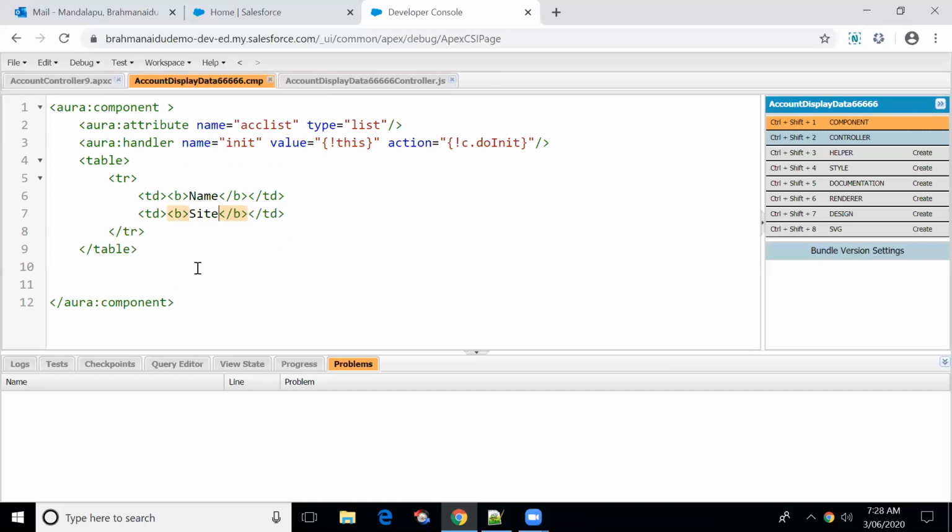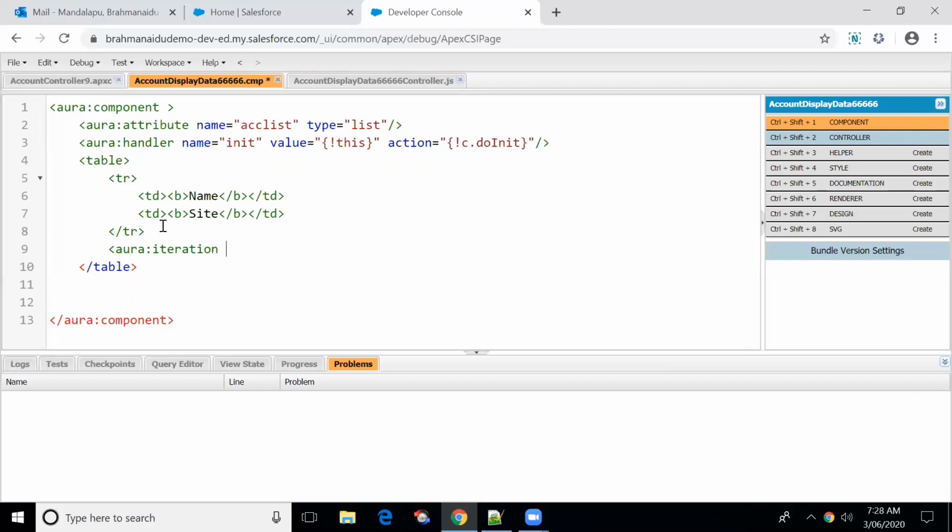Okay, so I'll be writing an aura iteration because I want to display multiple records. It's not a single record. If you are trying to display a single record, then we don't have to go with aura iteration. If you want to display more than one record, obviously we have to go with aura iteration. Same thing in the Visual Force page also.